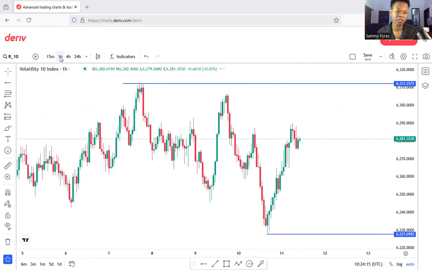So I'll be stopping at the 1 hour time frame. You can go down to any time frame you like to trade. Is it the 15 minutes time frame? Is it the 5 minutes time frame? Whichever time frame you want to trade with, all right? So the 4 hours time frame and 1 hour time frame are the time frames I'm using to analyze for the week. All right. So if you look at this price, this is the lowest level that price made,